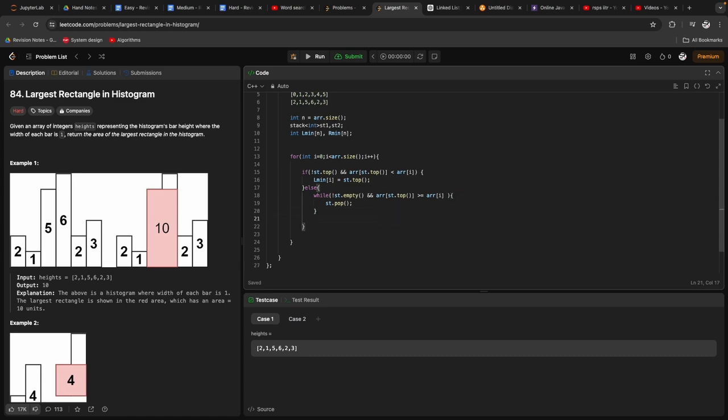So how will I update the L minimum? L minimum is equal to,